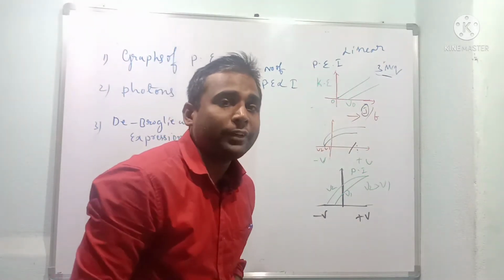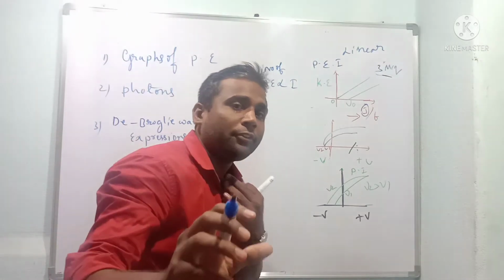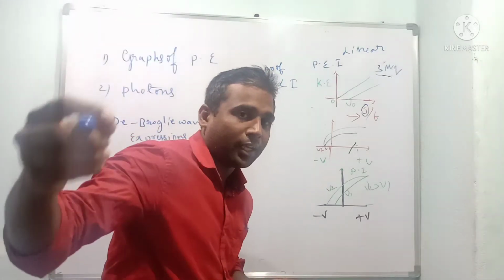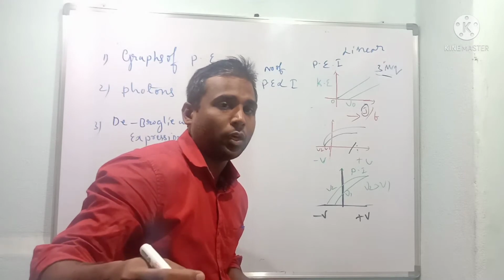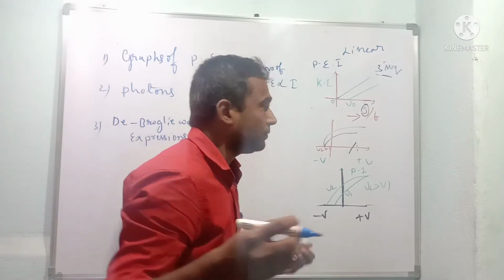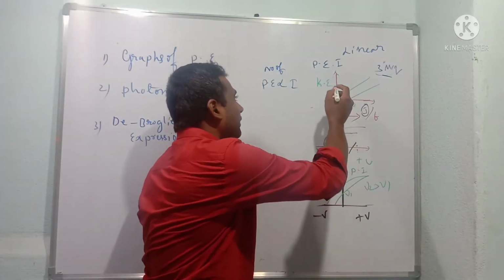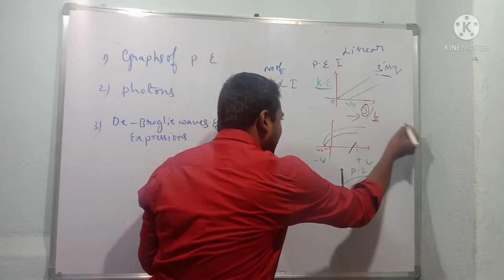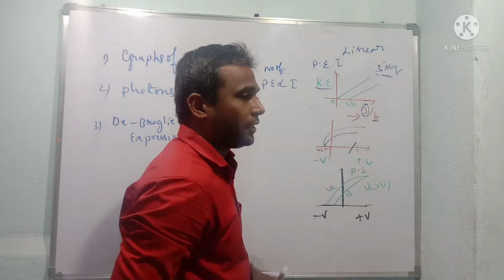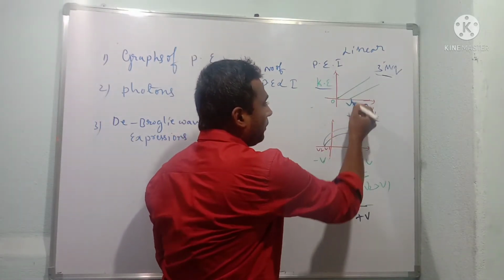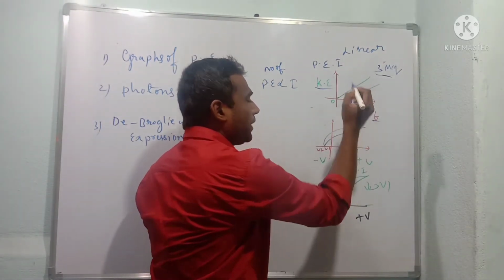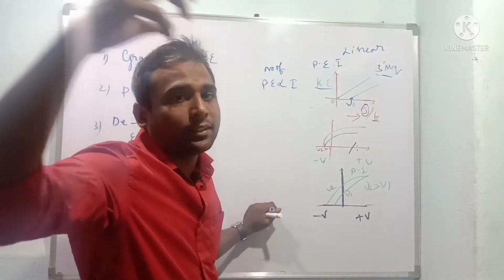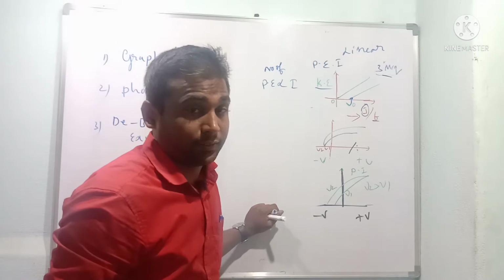Similarly, what does threshold frequency mean? It is the minimum frequency to be given to the body for electrons to be emitted from the atom. That is called the threshold frequency. When I draw a graph of kinetic energy versus frequency, this will be the threshold frequency. This minimum frequency must be given to the surface to eject the electrons from the metal surface.